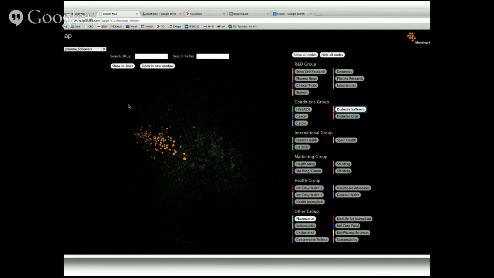So right away, I can even turn on diabetes organizations. Right away, you can see there's a much bigger overlap. So if someone was trying to think about a story around big pharma that would reach pharmacists, it'd probably be much better to pick a topic like diabetes instead of HIV and cancer.